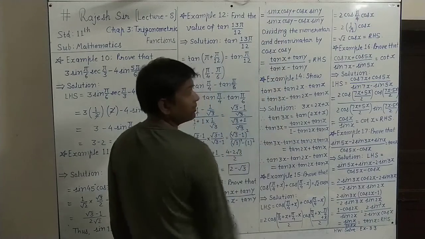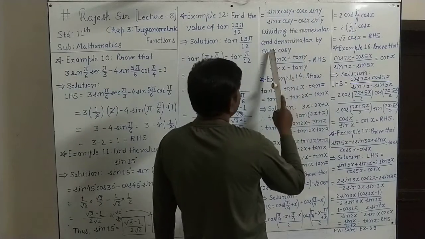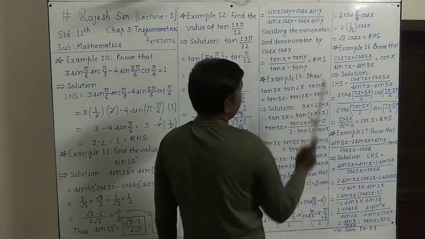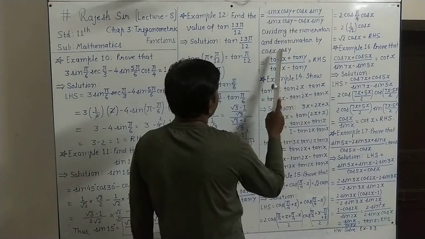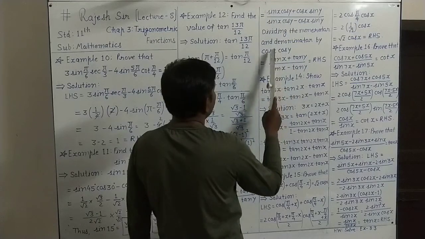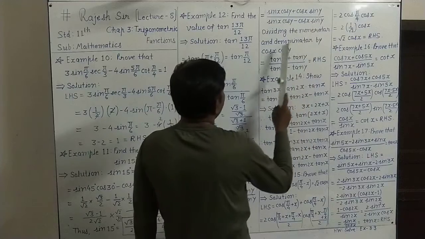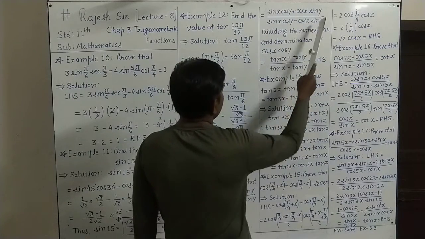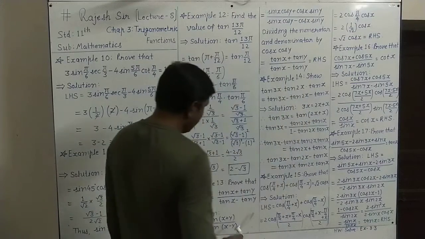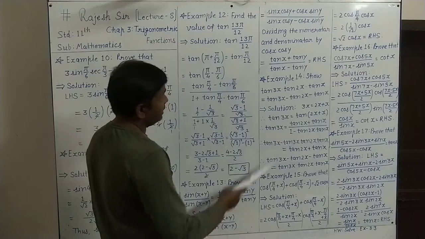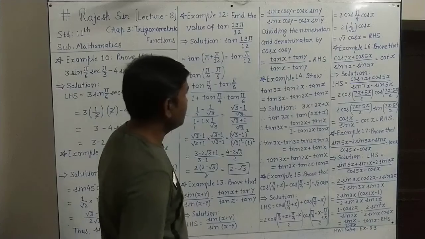It will give tan x. Plus, when you divide this term by cos x, cos x cancels, and sin y upon cos y becomes tan y. Down there, if you divide sin x into cos y by cos y, cos y cancels, and sin x upon cos x gives tan x. Then this minus sign: cos x into cos y divided by cos x cos y, cos x cancels, and sin y upon cos y gives tan y. So what we have, as we negate, is tan x plus tan y upon tan x minus tan y. That is the RHS, hence the proof.